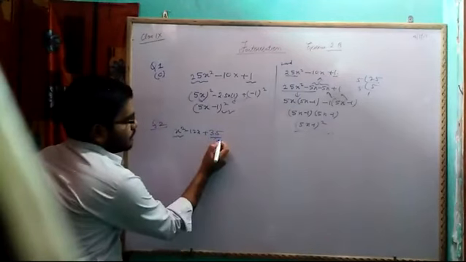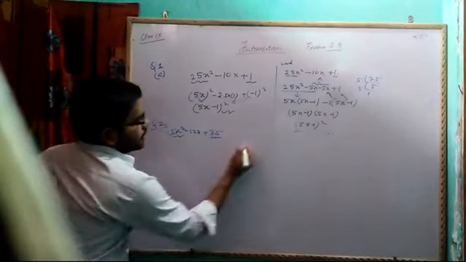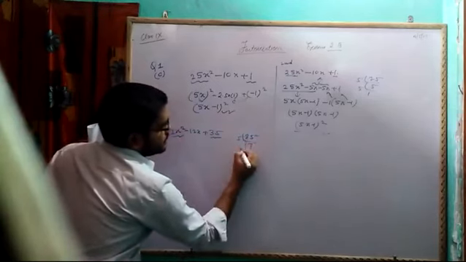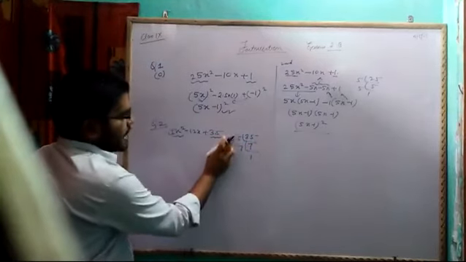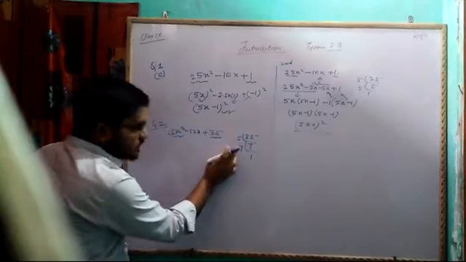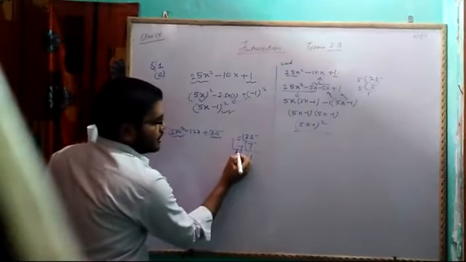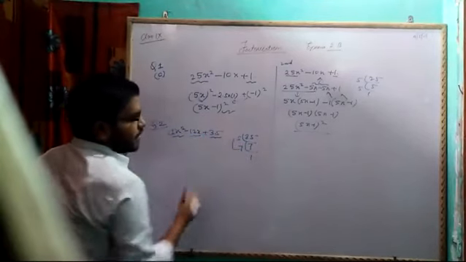So in this method what will be the product? 35, multiplied with 1 into 35. So in the rough work you will use the prime factorization method. You are getting 7 5s are 35, and 7 minus 5 will be 2 or 7 plus 5 will be 12. Any of the two you can do, either you have to add or subtract, but it should be equal to the middle term. So 7 plus 5 will be 12.